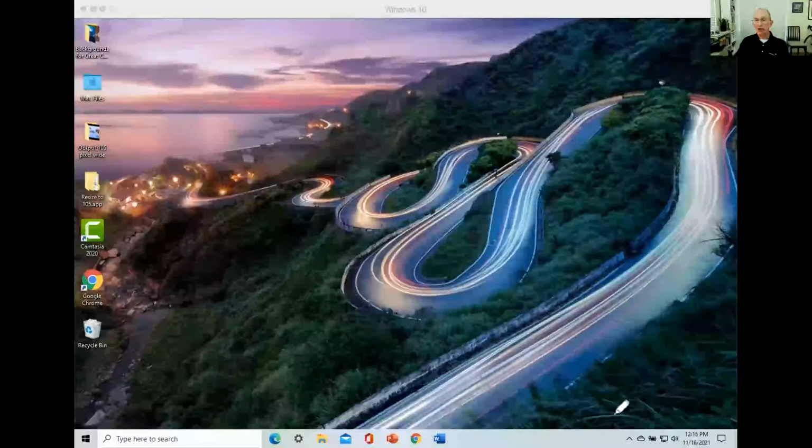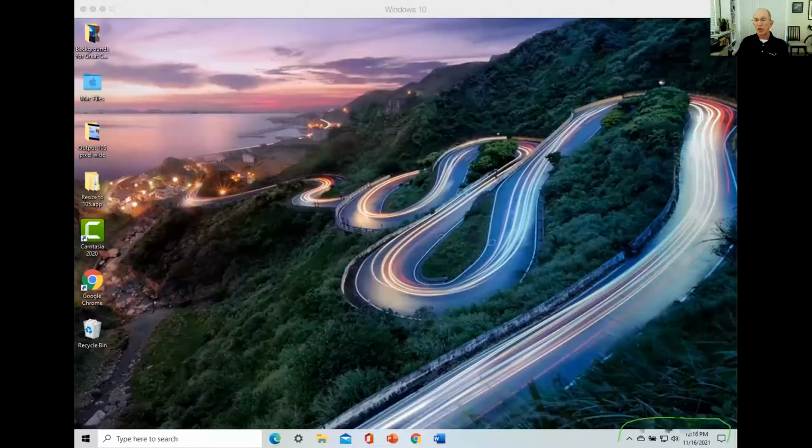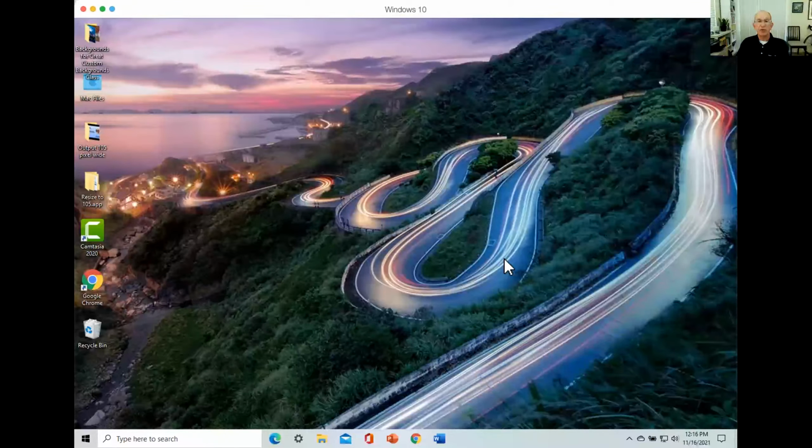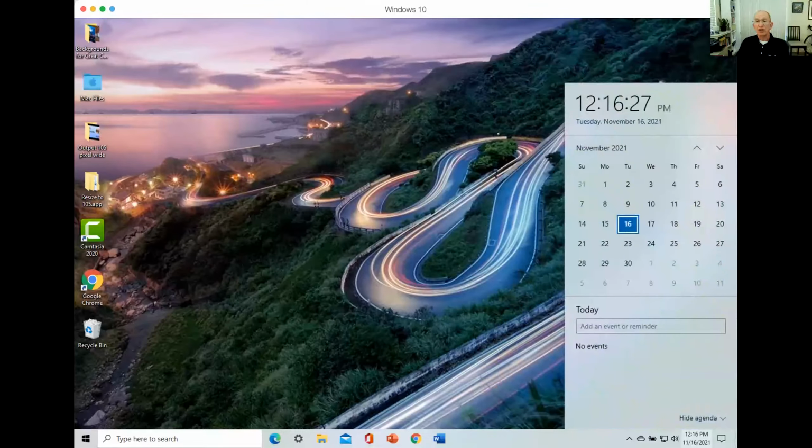And I've got some other small icons here that have more to do with some information that's useful to know about. This little icon in the lower right tells me if there are any notifications. That's when an application or a message comes in, or other things that happen. It'll pop up with a notification. There's a date and a time here, and I can look at the clock and see a calendar.